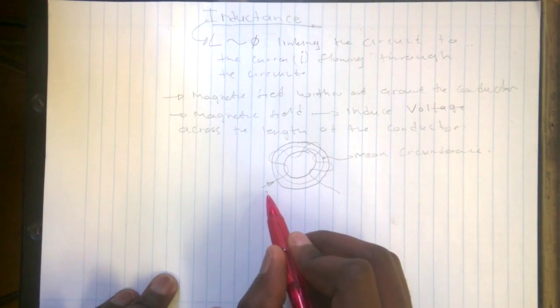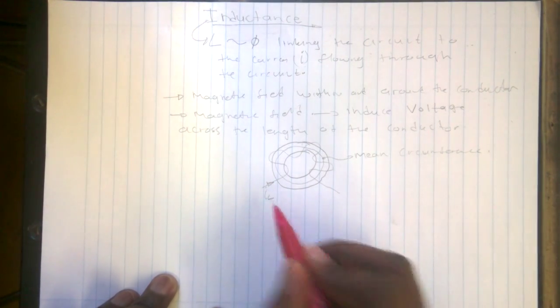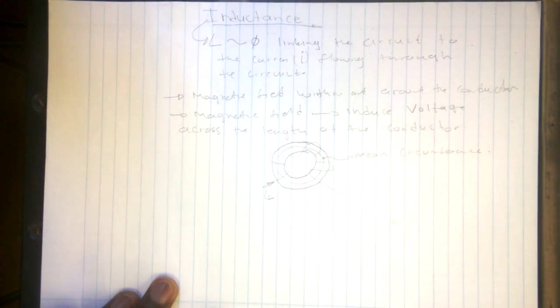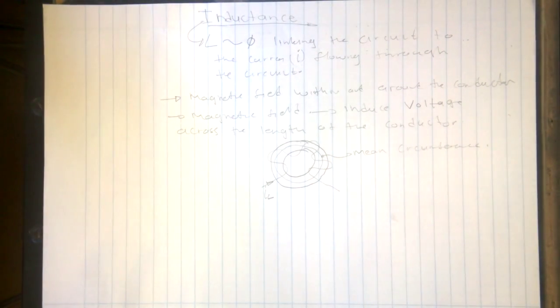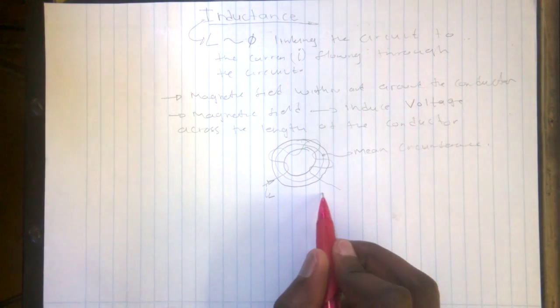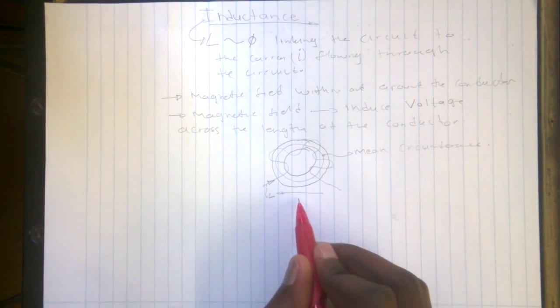There's a current through the inductor. What happens there is there's going to be a voltage VL, and then what's going to happen now is